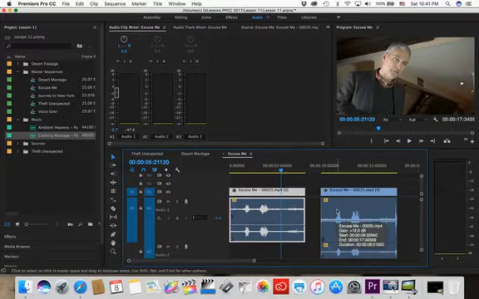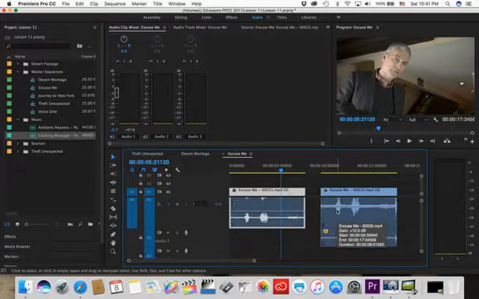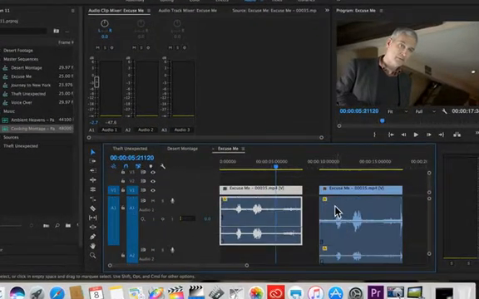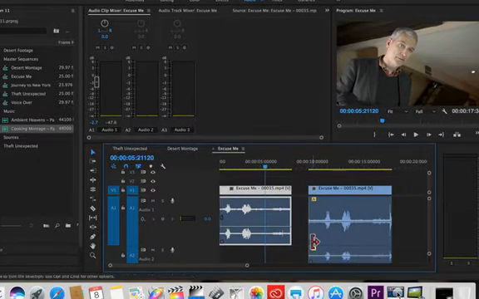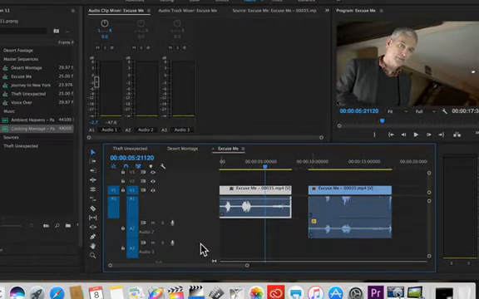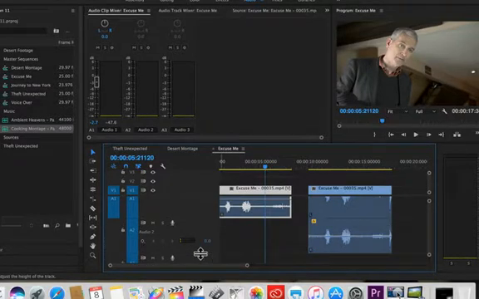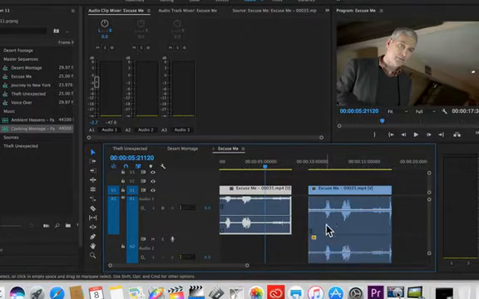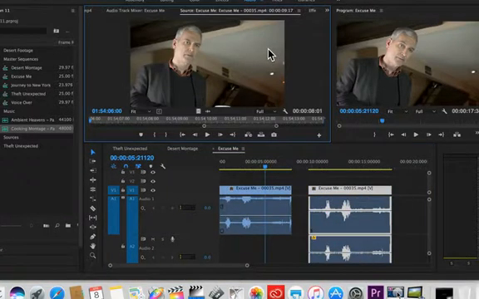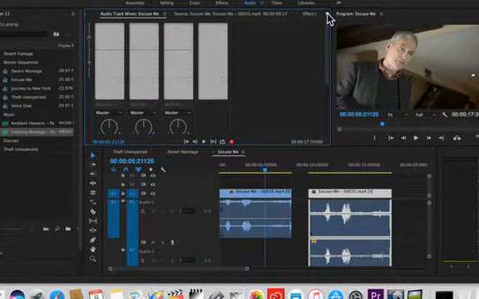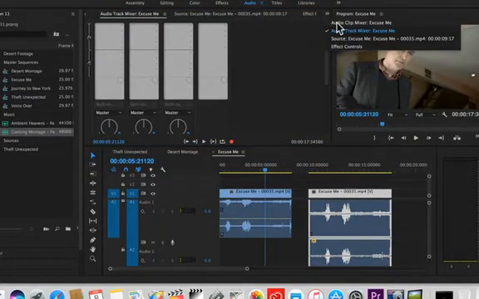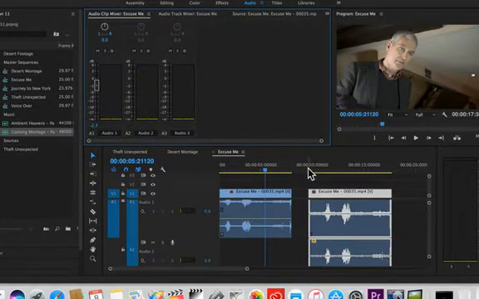You notice I see two FX little buttons here, and beside each one of them I have a left and a right. Let me make this a little bit larger for us. So that means I can adjust these tracks individually. Let's double click this, open it up here. And again, I'm going to go not to my track mixer, but to my clip mixer. And as I play this sequence,